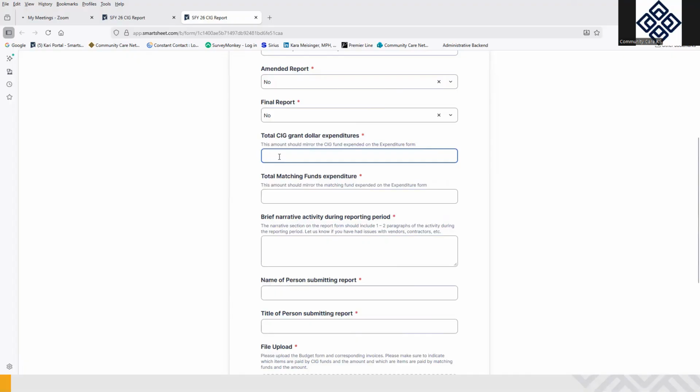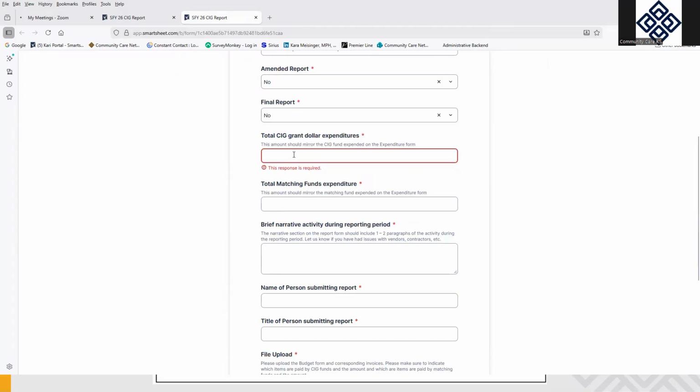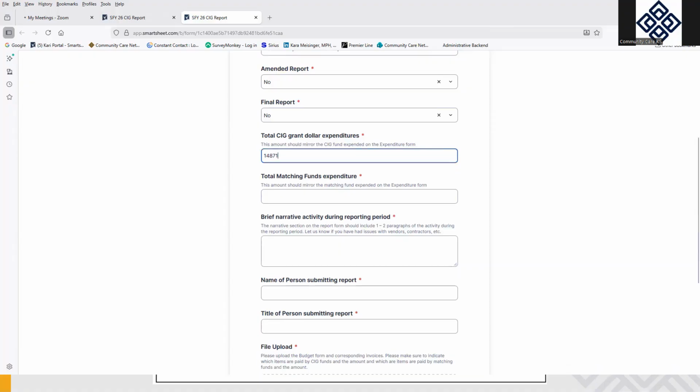You're going to go back to your form, back up here, and you're going to enter in the amount. You will take the number of the SIG funds that were expended and the number of the matching funds expended and enter them onto the online report form. So the total amount of the SIG funds expended on our report were $14,871.46, and your matching funds were